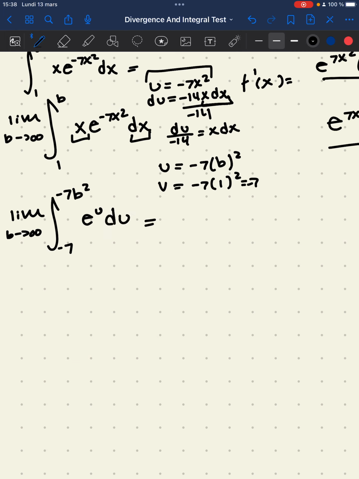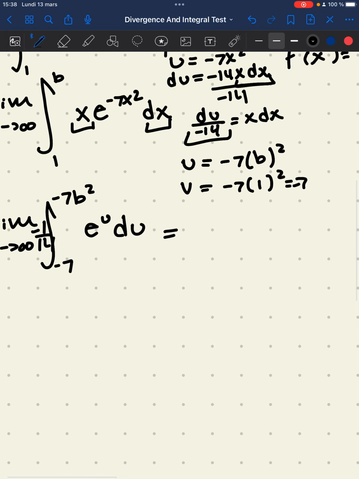When you integrate this, you can't forget the negative 1 over 14, because you see how we have a negative 14 over there? Yeah, this basically is the same thing as saying over negative